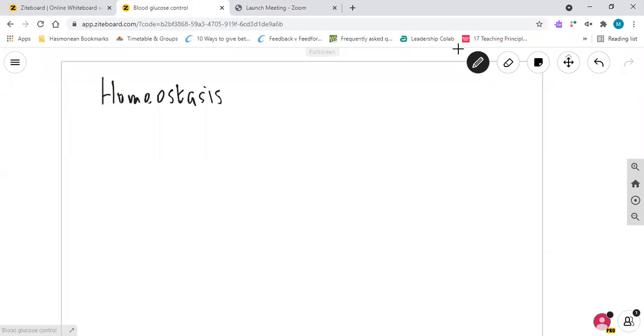Okay, so in this video, I'm going to cover homeostasis, negative feedback, and blood sugar control. So homeostasis is the idea that you maintain the internal conditions. Now, you should have come across this at GCSE, so it shouldn't be a new concept. What we're going to look at is how blood sugar control is maintained, and in a different video, we look